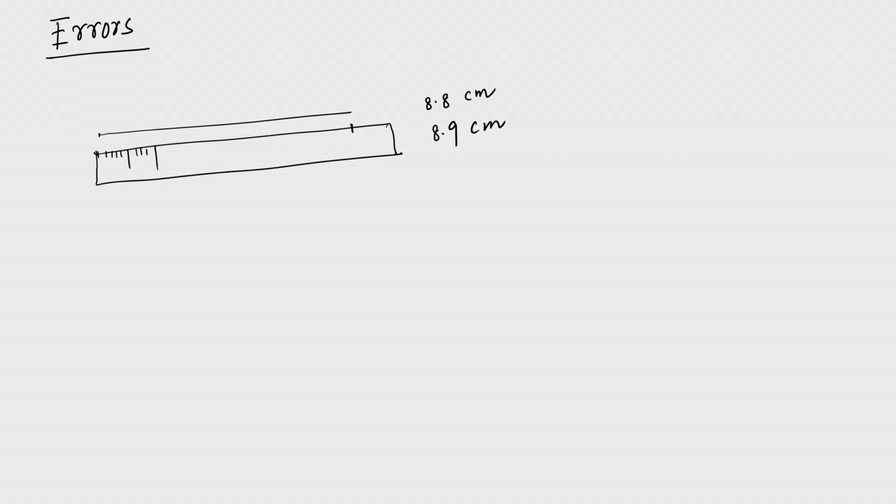And so, there are screw gauges and other things, but the thing is that it is always limited by the least count of the apparatus. You cannot do anything better than that. Some student can say it's 8.8, some student can say it's 8.9, but that's what it is. One has to accept which value this line is closest to, whether it's 8.8 or 8.9, subject to some parallax error and so on. So, there are these errors that are always there, and mostly